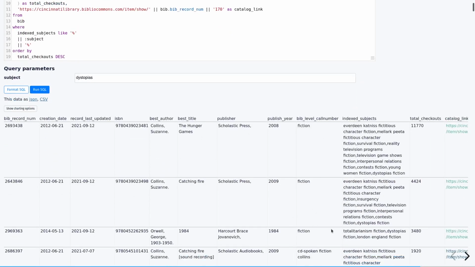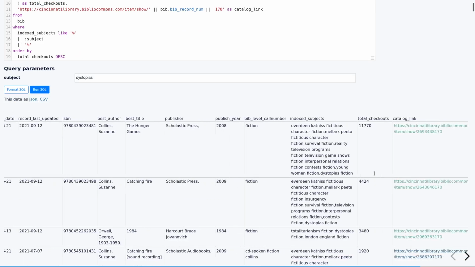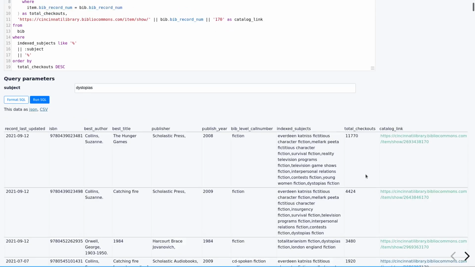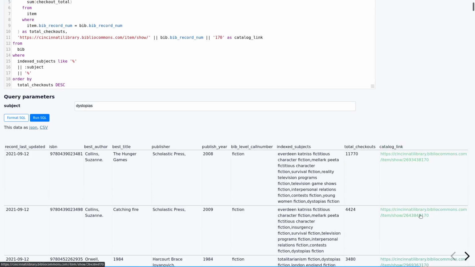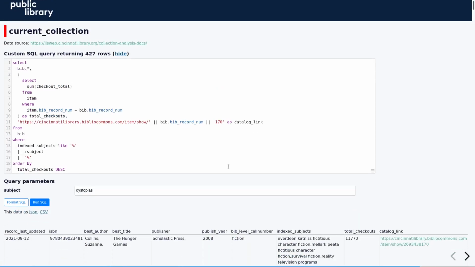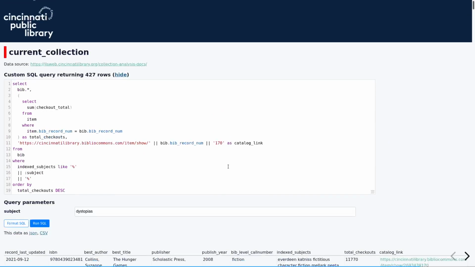And then also, like I'd shown earlier, you can present a link in this output as well. So if you wanted to link to a catalog record, you can do that here. I don't know why it's not working in this instance, but